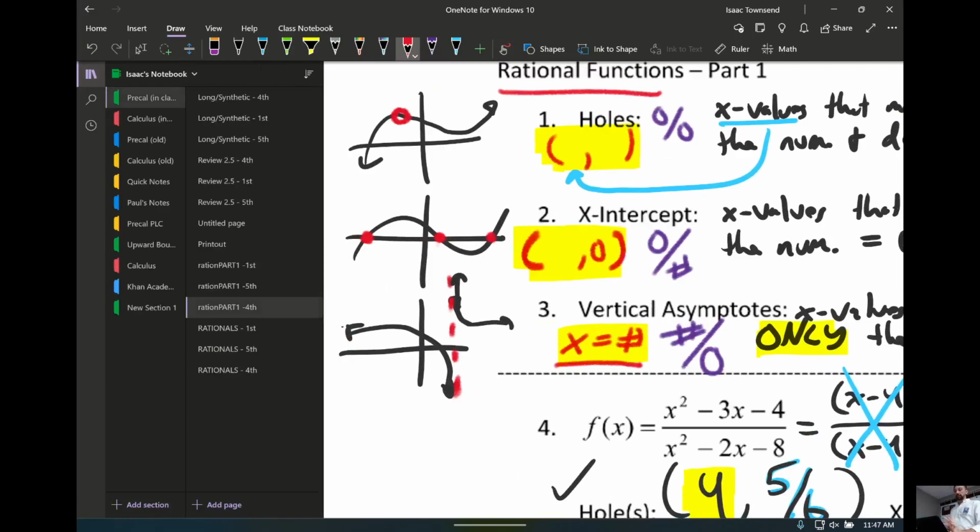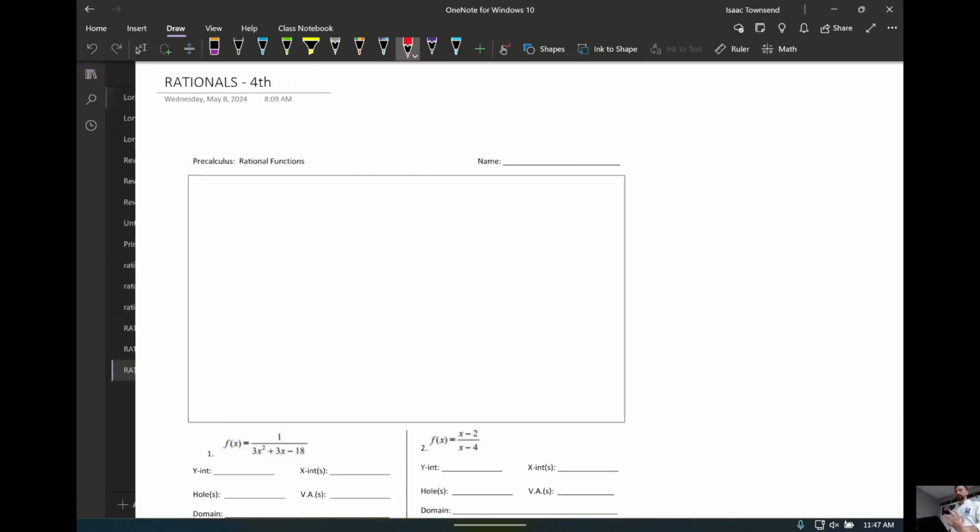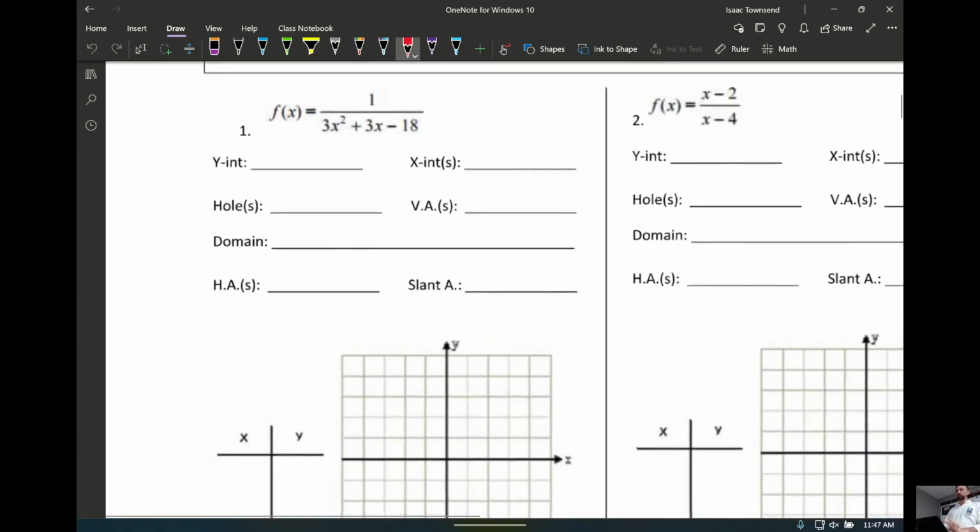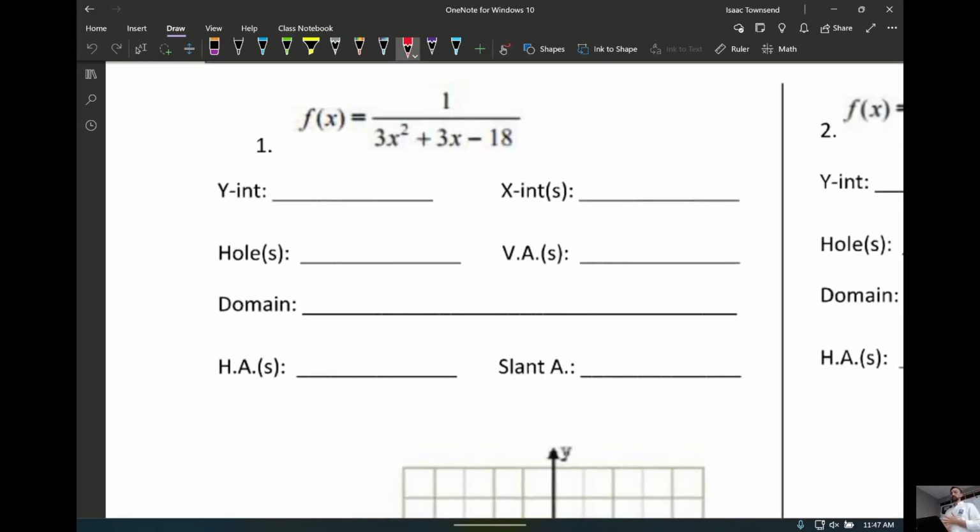So, on today's handout, we're going to start off with that, and then we're going to have to add so that we can do all of these, not just x-intercepts, holes, and vertical asymptotes, but also y-intercepts, horizontal asymptotes, slant asymptotes, graph it, and describe the domain. So these type of questions do take quite a bit of practice because the first 5 questions may not have a hole, and you may not get to practice at every single question. You may have to do a handful of questions before you find one that has a hole. Likewise, not every rational function has a slant asymptote, so we have to go through several before you can actually